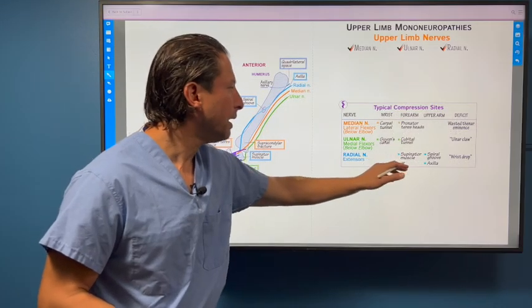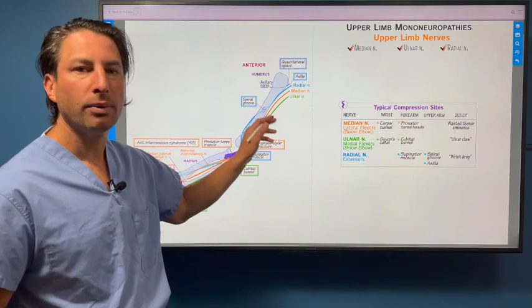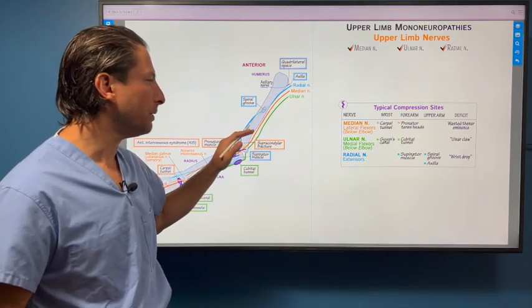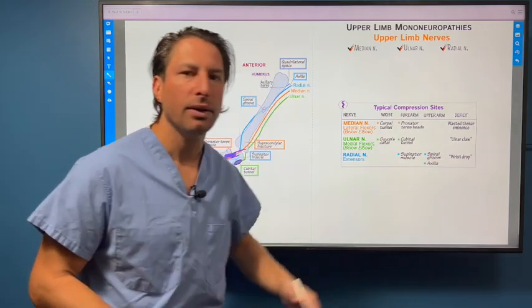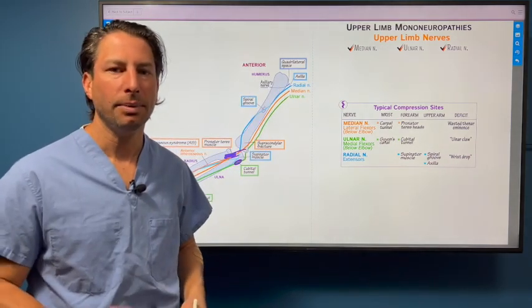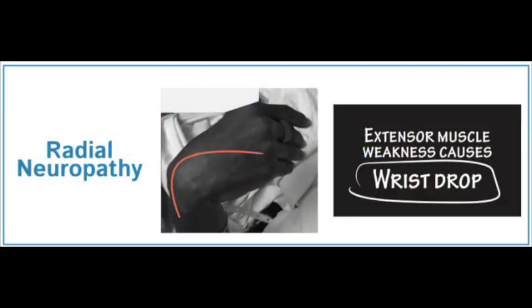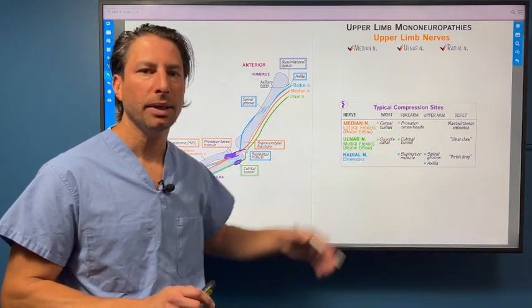Radial nerve, the spiral groove is a very important one to know about, but there are more sites where the radial nerve can end up getting compressed. And then the deficit, really key to know, wrist drop. So patients have inability to extend their wrist, and that can actually cause additional functional problems. So if they're unable to extend their wrist, they may also have trouble activating musculature that's innervated by the median